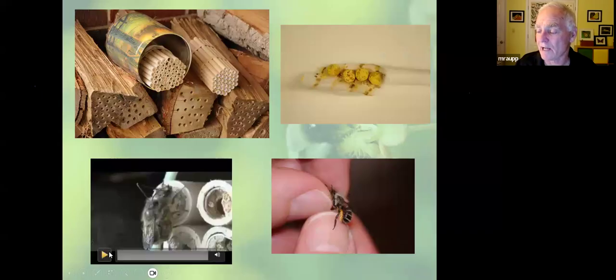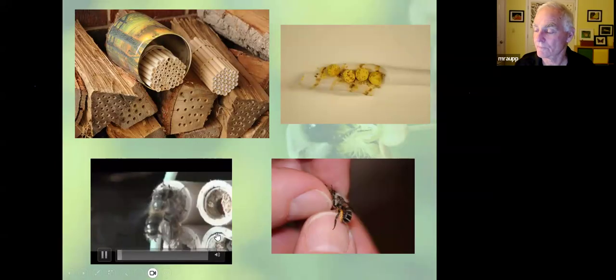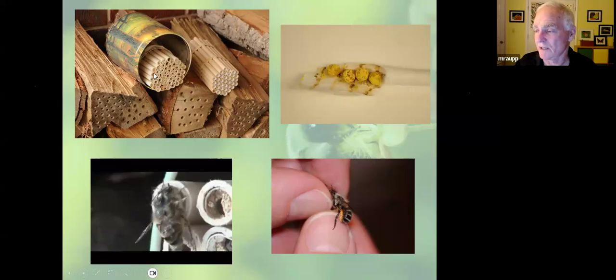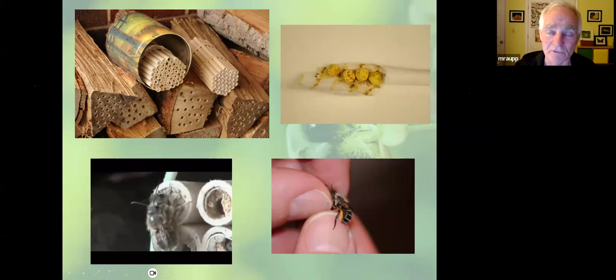Anybody here have a mason bee colony? Any mason bees? Yes, great. Me too. I started my colony many years ago with about, I don't know, 40 of these tubes. They all got filled up. So in the second year, I got 40 more. They all got filled up. And then I just started using my old firewood. And as many holes as I put out there, they would get filled up.